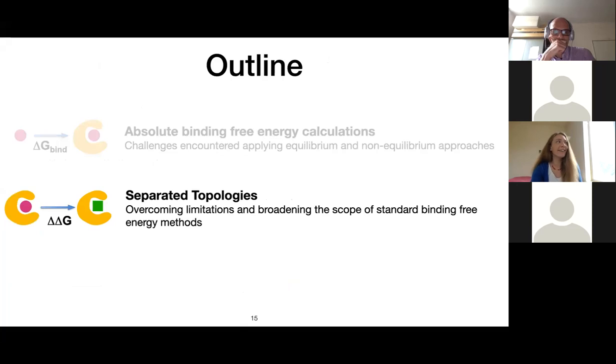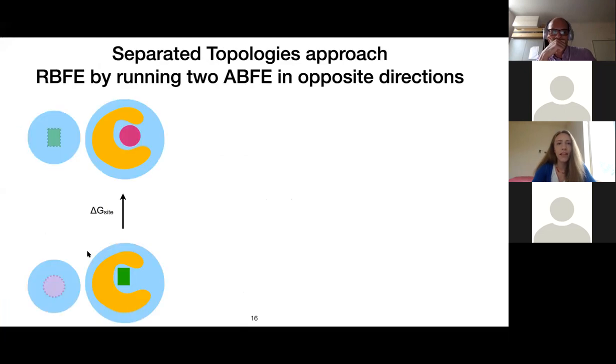And so this now leads us to the approach of separated topologies, which we are developing in order to broaden the scope of these relative binding free energy calculations to allow the comparison of structurally diverse ligands. The separated topologies approach is also an approach of relative binding free energy calculations. Here we calculate the relative binding free energy by doing two absolute binding free energy calculations in opposite